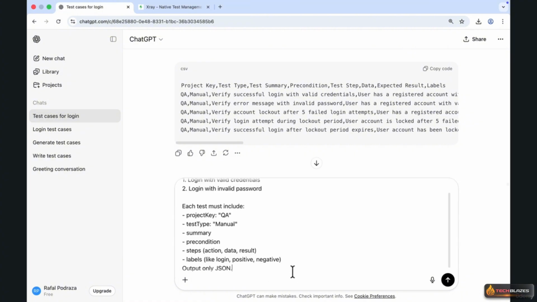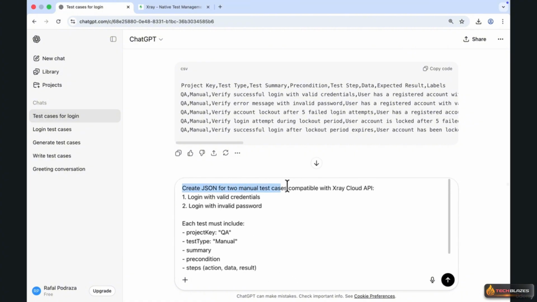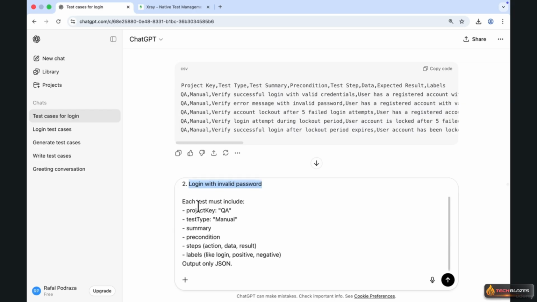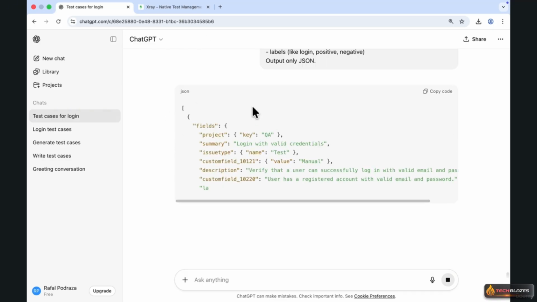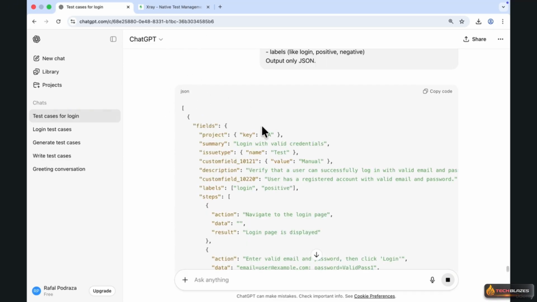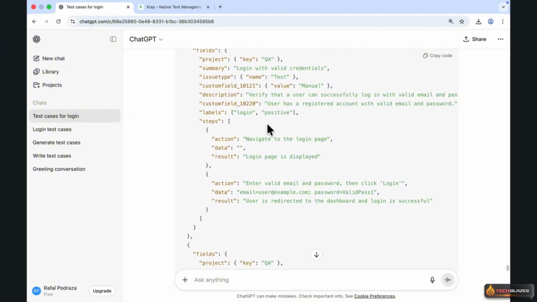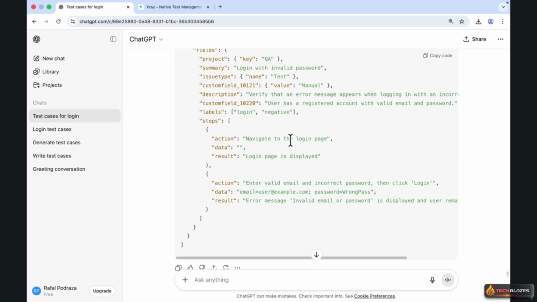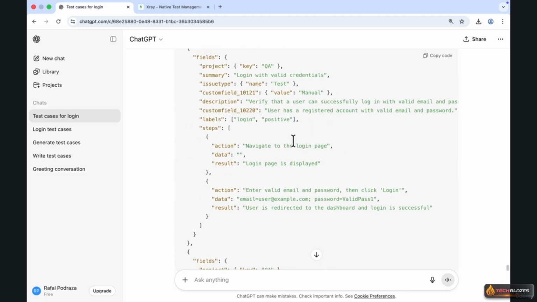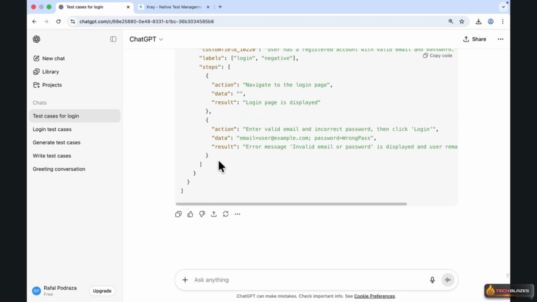Here, I've prepared a prompt that generates 2 sample manual test cases in JSON format, one for a valid login and another for an invalid password. Each test includes all the required fields: project key, test type, summary, precondition, and steps with action, data, and expected result. This JSON output can then be uploaded directly to X-Ray Cloud using the API endpoint